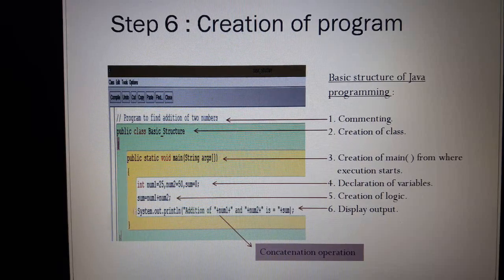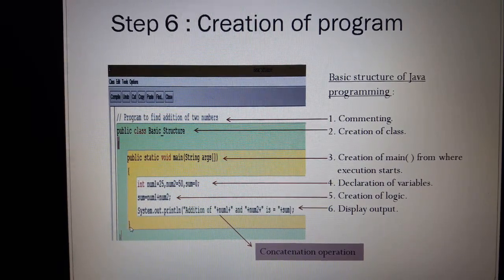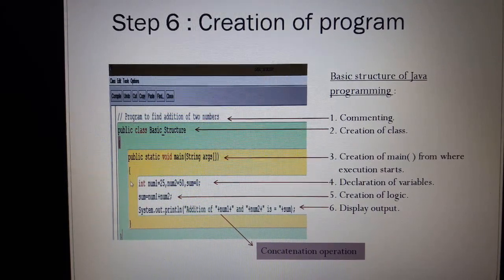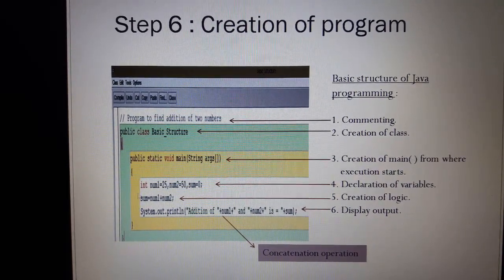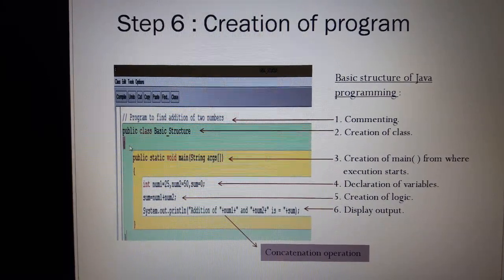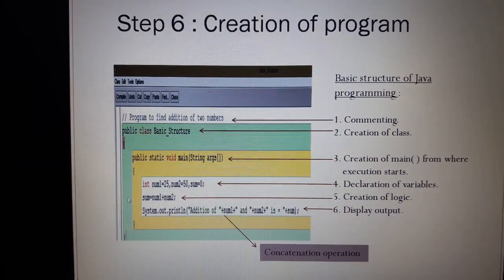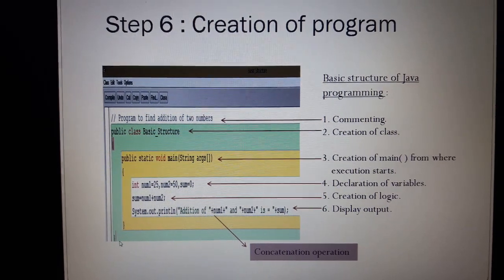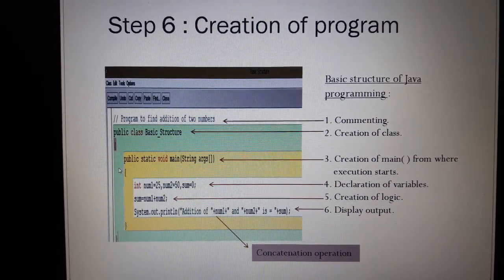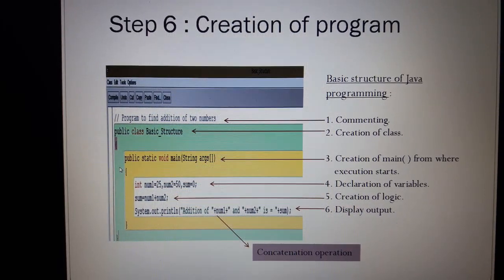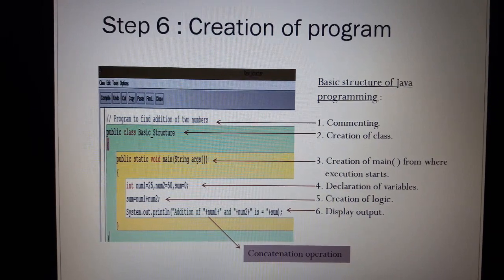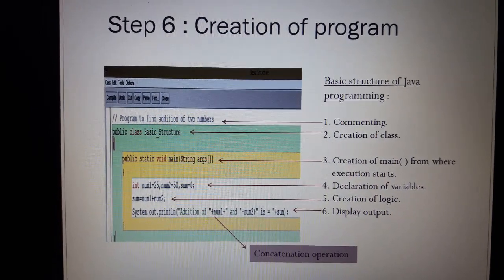The opening curly brace and closing curly brace are for each other. Here we are closing the main function. If we write in the same line, we cannot tell what we are closing, whether a class or the main function. That's why we place some gap over here.